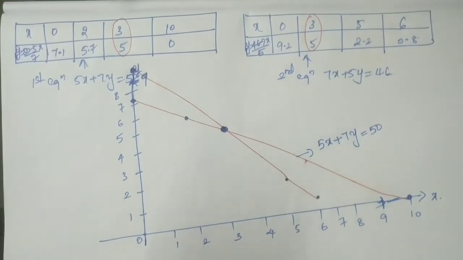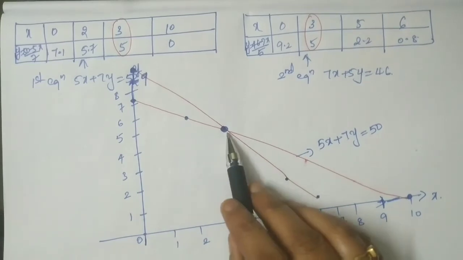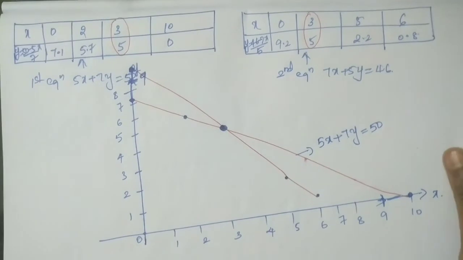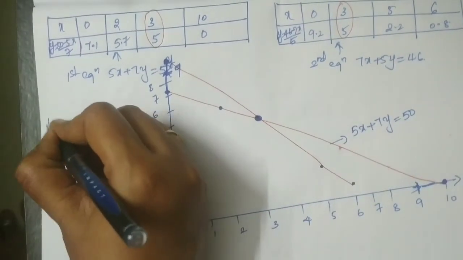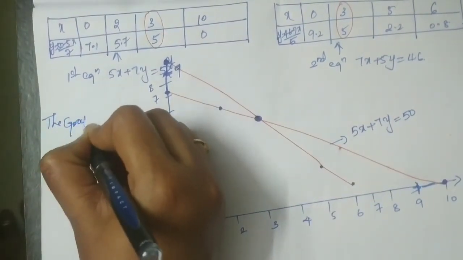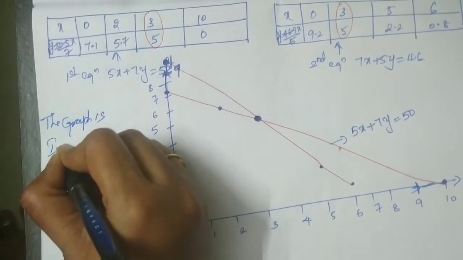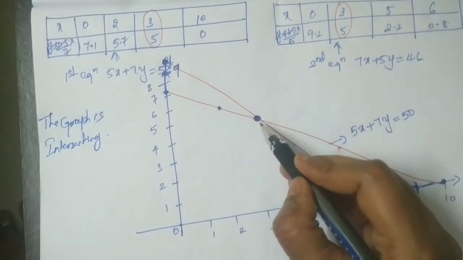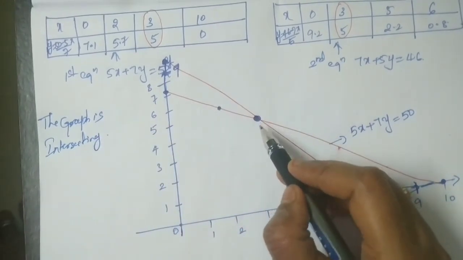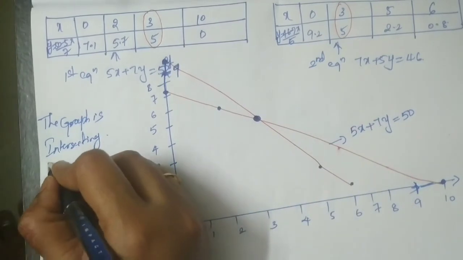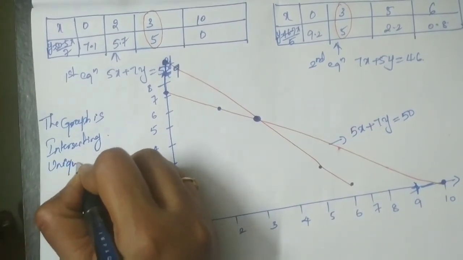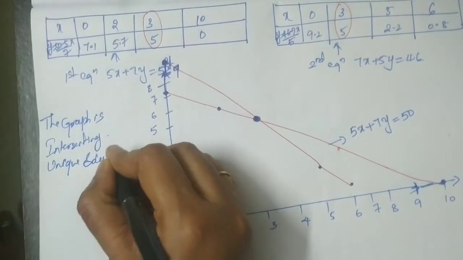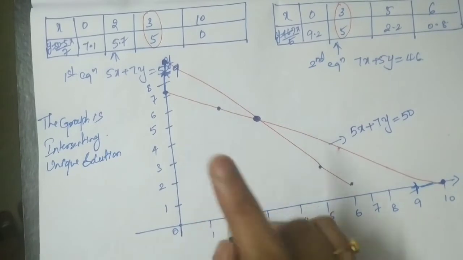So you need to conclude by stating there is an intersection point and the solution is unique. Okay, that is very, very important. From the graph you can clearly state that the two lines intersect. You can clearly see the intersecting point here, right? Whenever they intersect, you can see it is not intersecting in more than one point. It is exactly one point it is intersecting. So since it is one point, I say it is a unique solution.